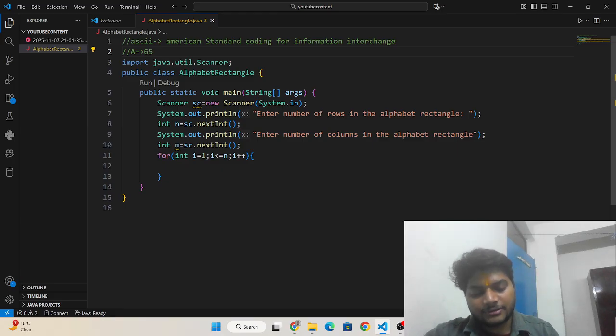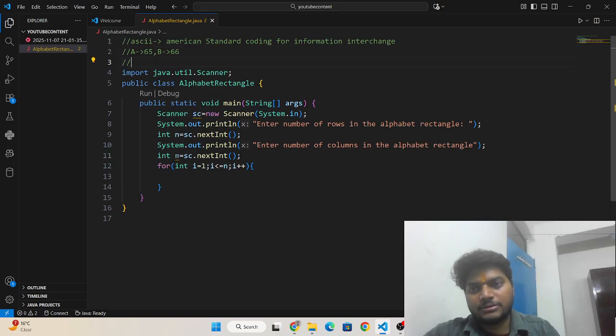And the character B will be 66. For a small alphabet like a, it starts from 97. Like this, the ASCII value of small b will be 98, okay. We will use this concept to solve this problem.